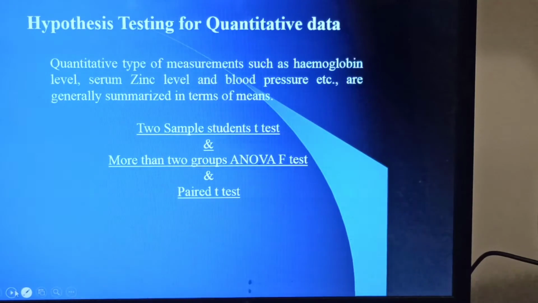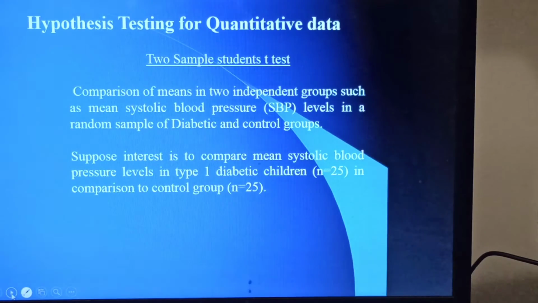So now we'll be taking up in different videos this; in the present one students t-test, and we take an example of comparison of means in two independent groups. Systolic blood pressure measured in diabetic and control groups.